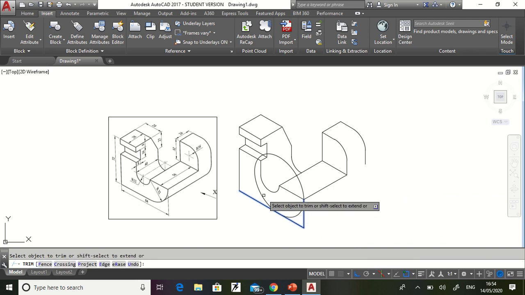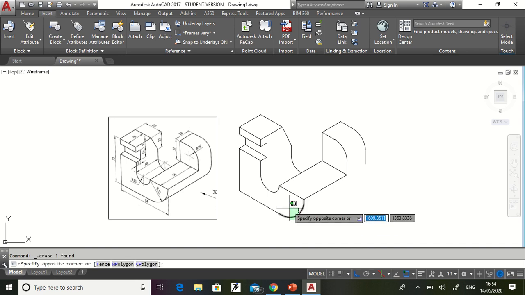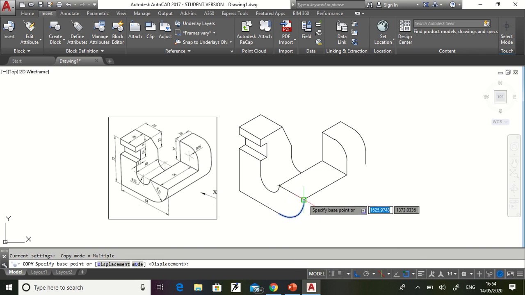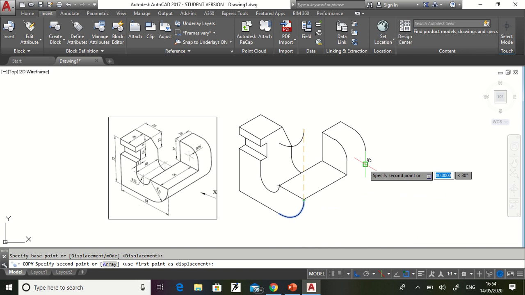Enter. Which line is to be trimmed? This arc is to be trimmed. Also TR, double enter, this line is to be trimmed. Select this and delete. Then select this, say copy from this endpoint to this endpoint.